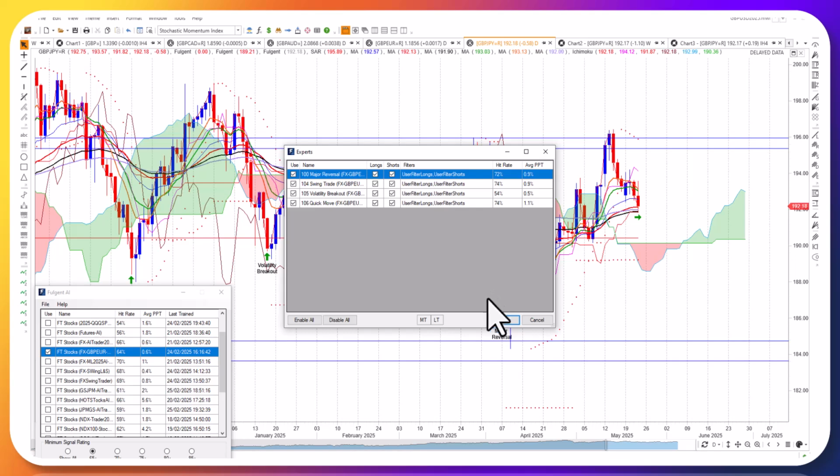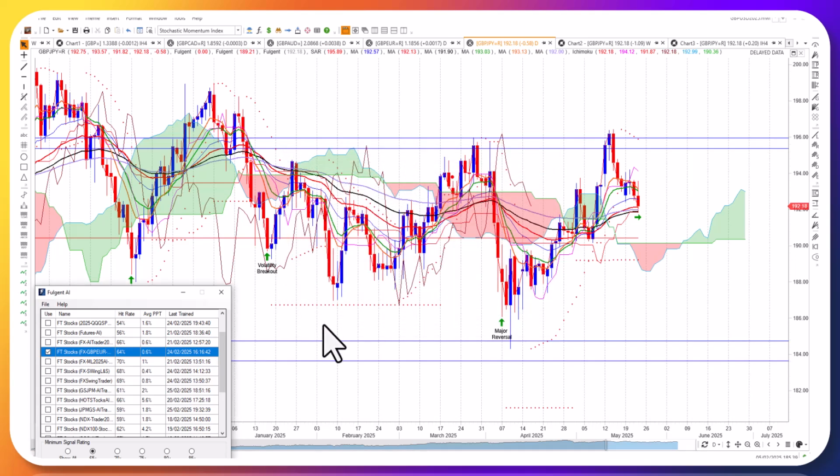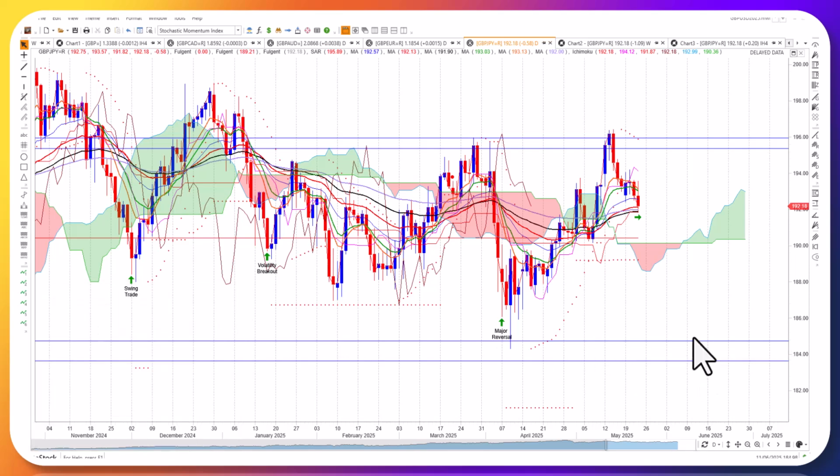So this is the AI I'm using. It's a Fulgent AI engine that sits on the MetaStock platform. There's links about it at the end of the show. So you can see we are using an artificial intelligence engine that is quite successful. You can see this major reversal signal here, as well as the cloud chart rebound from the support zone here. And then we had a nice strong move, only to run into trouble at the old highs resistance level,